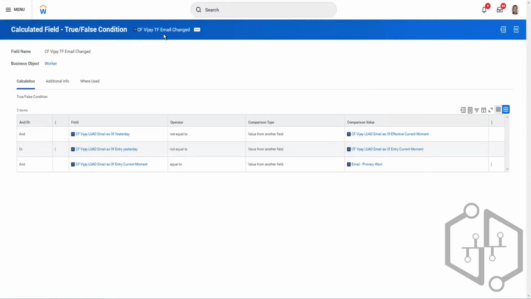So let's say in your report, there were total 20 columns. Out of those 20 columns, if you say that on all the 20 columns, you want to detect a change, that means if any of those 20 fields gets changed within the particular frequency, let's say 24 hours, for the worker, then it is a change. Now, it is possible, but it is not recommended at all, and you will understand why,